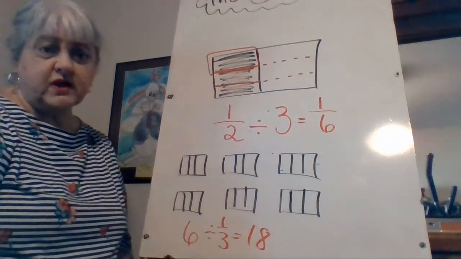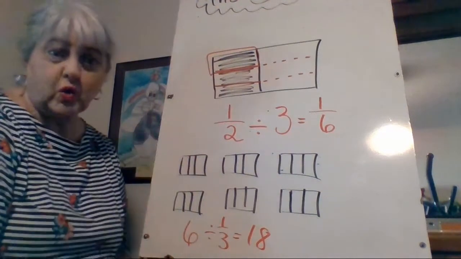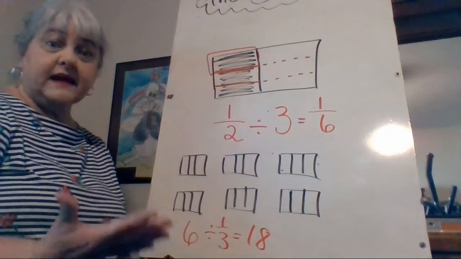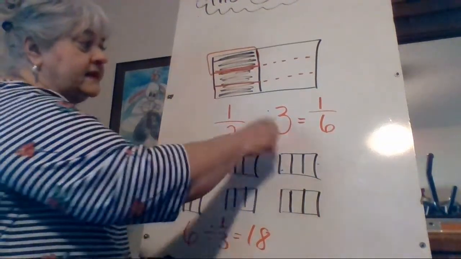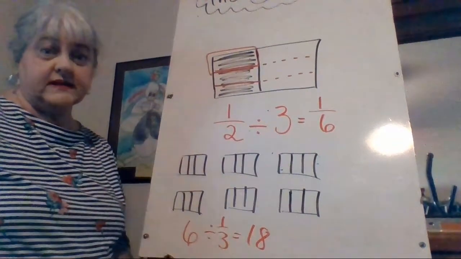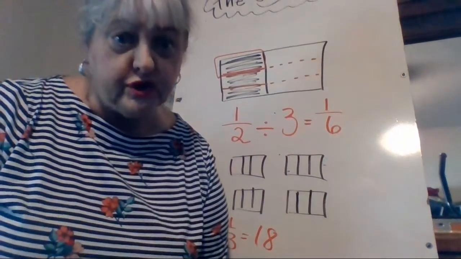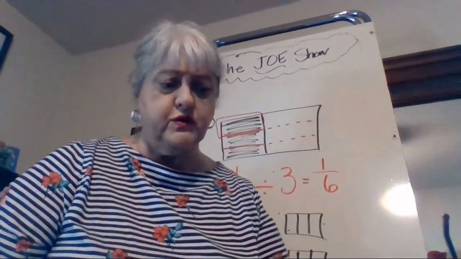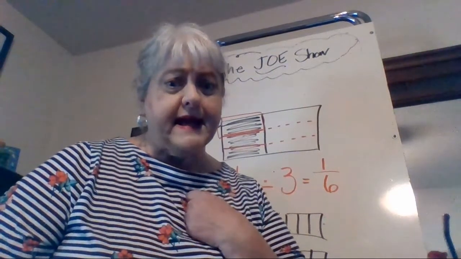So I hope that Joe doesn't get really stressed out again because he ate a whole half a pan of the brownies I made last night. But thanks to you, you've helped me figure it out that myself and my husband and my son, we're still going to get 1/6 of a brownie to be able to eat. So thank you for helping me solve Joe's problem on today's Joe Show. I'll be talking to the principals about that substitute and try to make sure that they don't get her back because it really made a lot of anxiety for Joe.